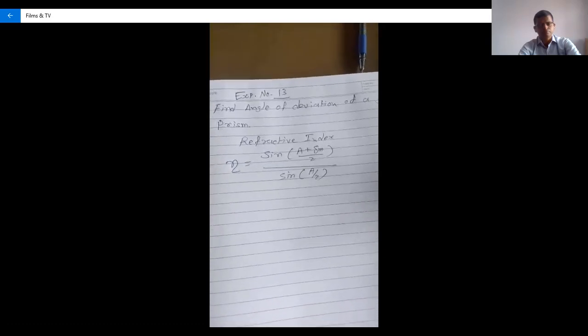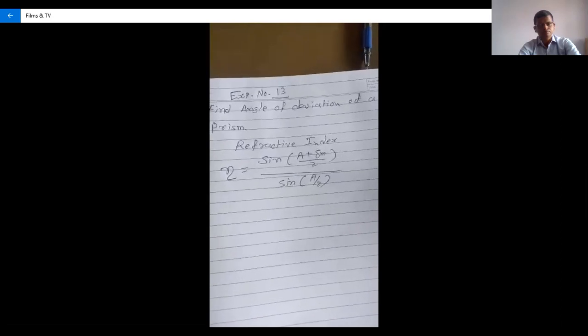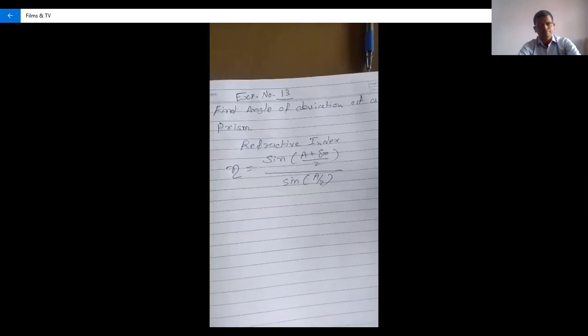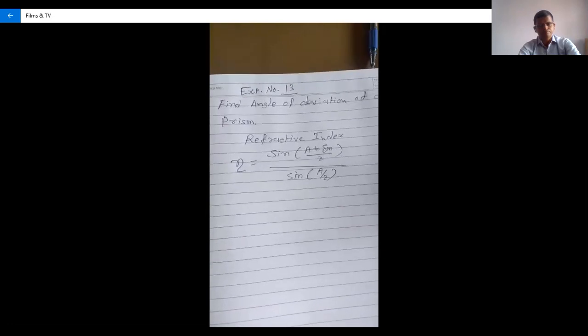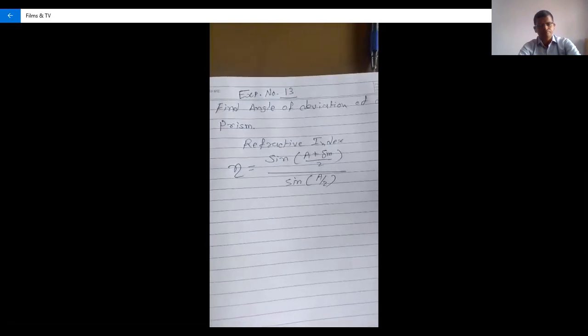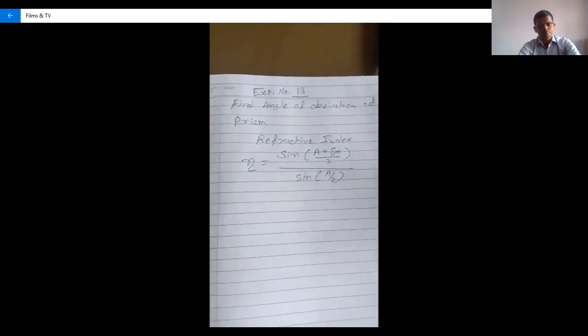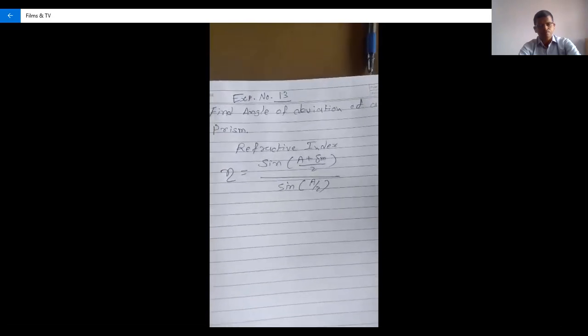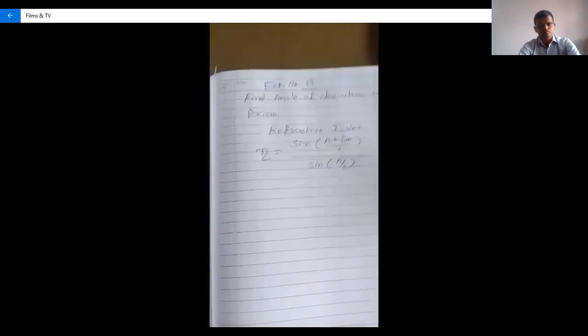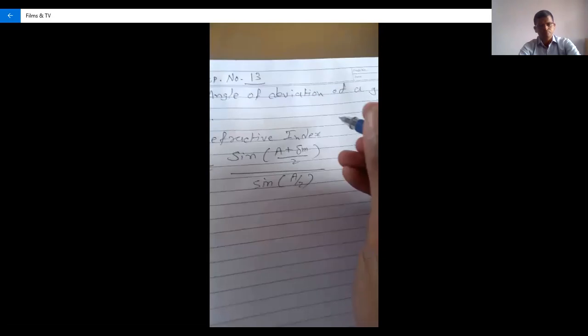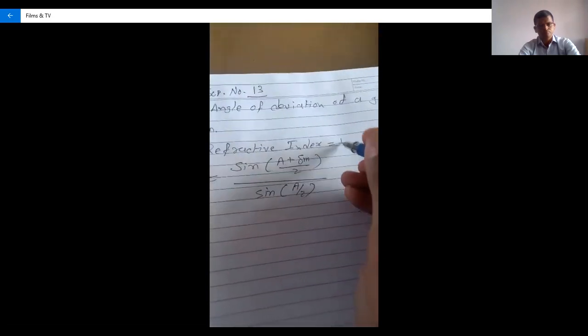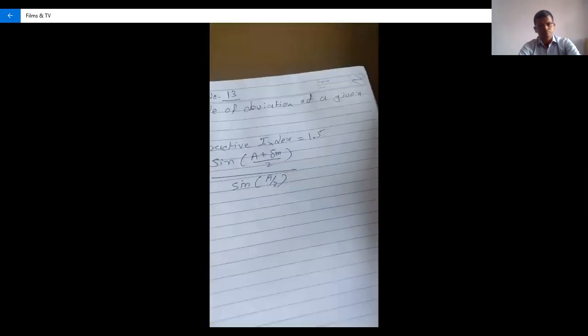Now A is the angle of prism, which is 60. After performing the practical, we find the values of delta, decide the minimum value of delta, and put it here. Definitely we solve the equation and find the answer. Normally, what is the refractive index of the given prism? It is a glass prism, so the answer is 1.5. We found approximately 1.5, or near equal.